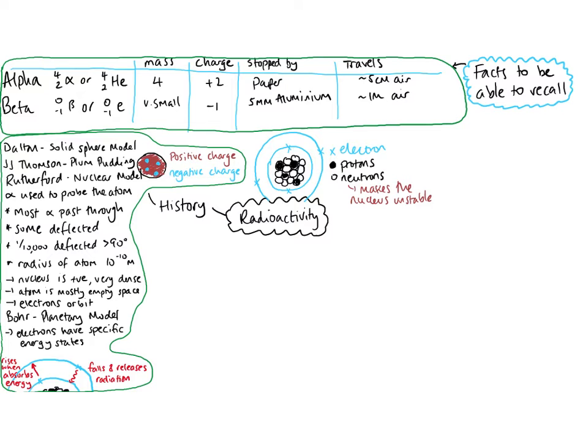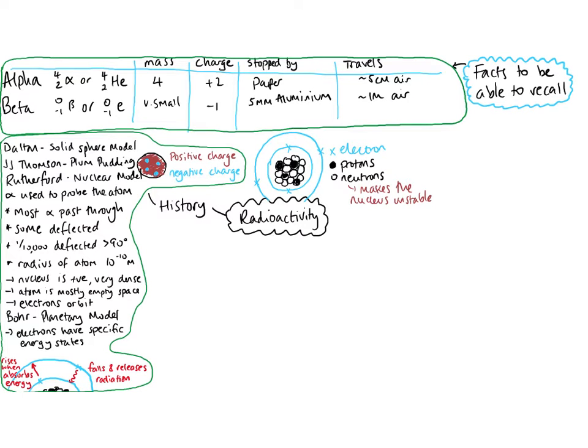Because a beta particle is just a fast-moving electron, the mass is very, very small. Never, ever say that it's 0. There is a mass, it's just very small. And the charge, well, it's an electron, so it's -1. About 5 millimeters of aluminium will stop it, and in air, it will travel around 1 meter. So it's a slightly higher penetrating ability than alpha, but in the grand scheme of things, not massive, certainly compared to the